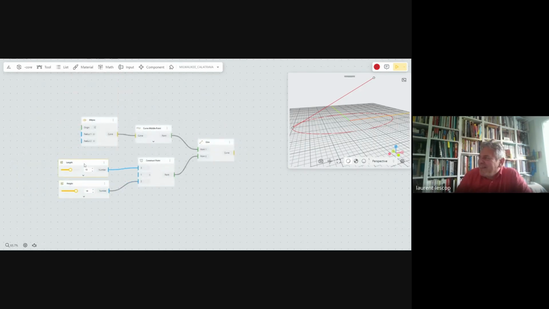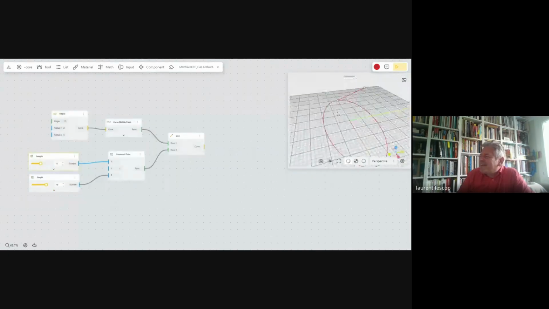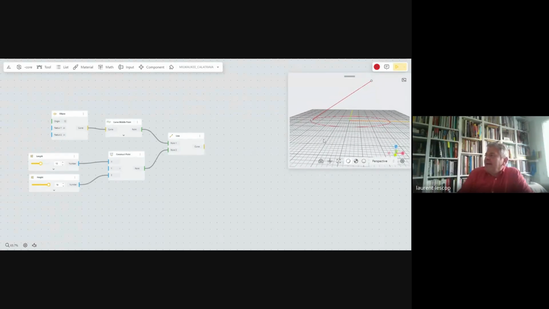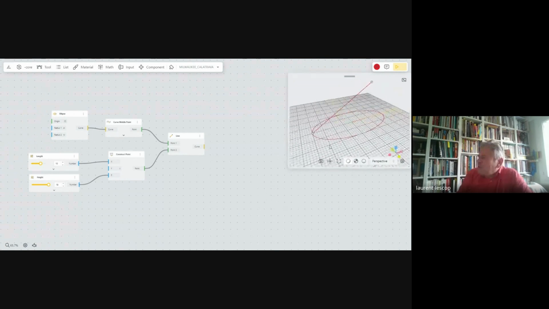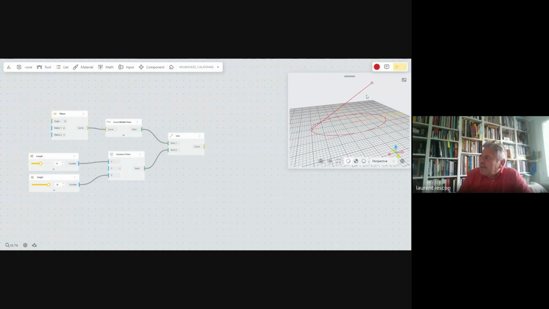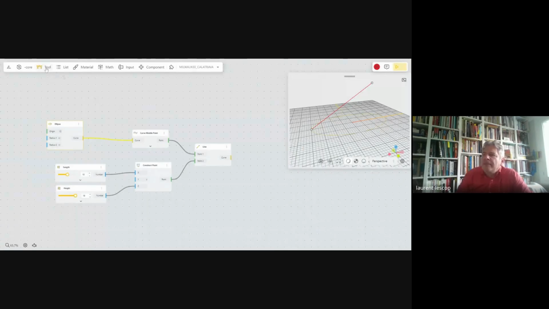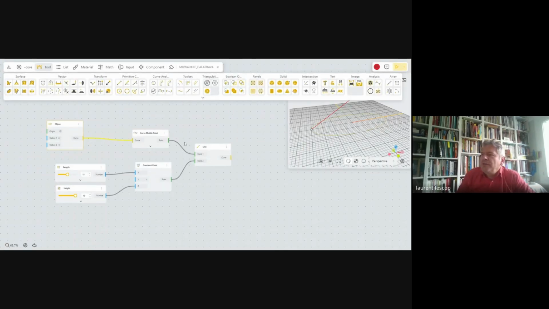So, okay, this is the very first. This is the skeleton, in fact, of our structure, and everything is based on this skeleton. So now what we have to do is to connect this branch, the mast, to our ellipse from both sides. So this ellipse has to be divided into two. There are many ways to do it.